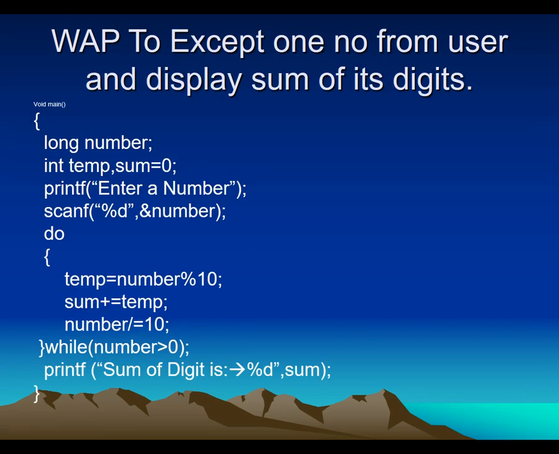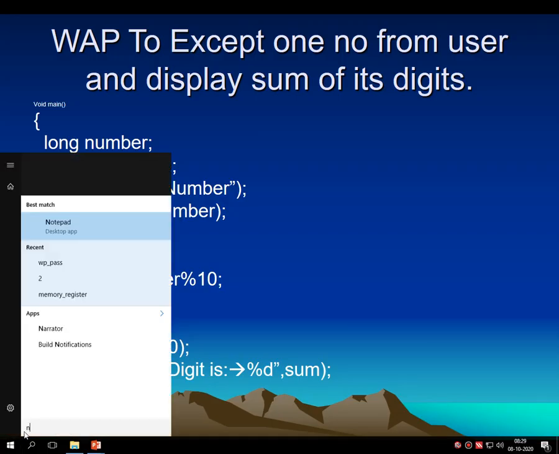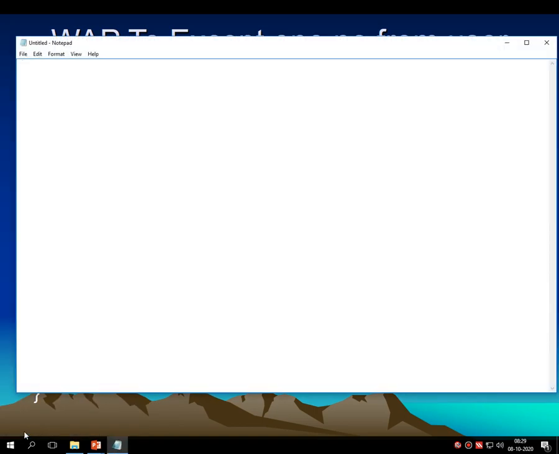Next one is: write a program to accept one number from the user and display the sum of all its digits. Now what we have to do in this program is similar to this. First of all, I have to enter one number from the user. Say for example, the user has entered this number 185.